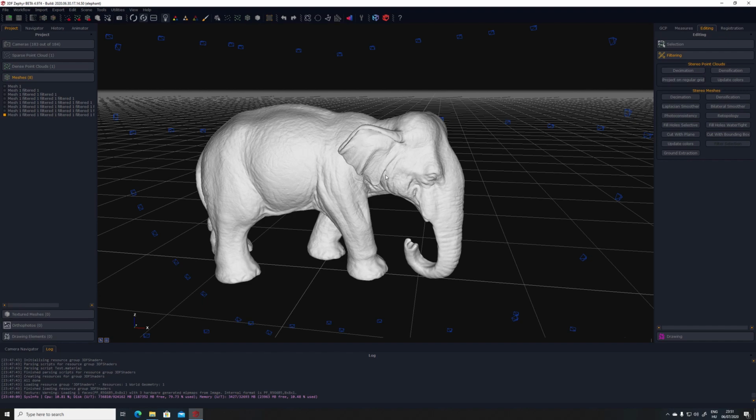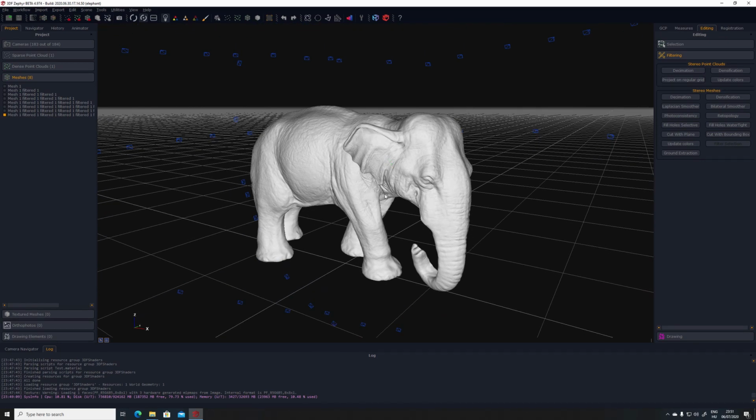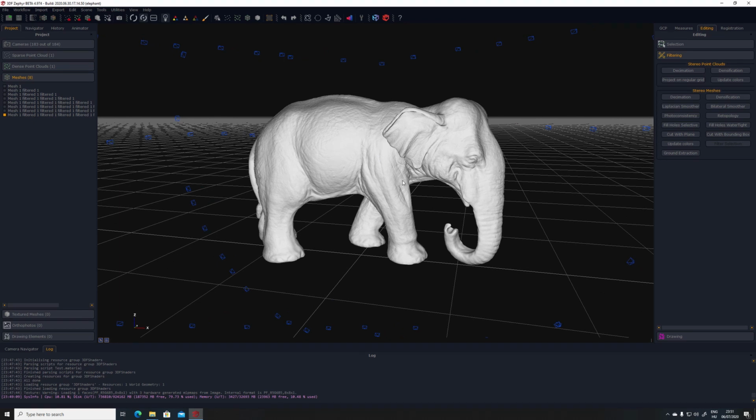So I would like to show you how I made this elephant, and it could be that for some of you it's not any new information at all. I was actually using masks, but for some users maybe it could help and improve their workflow. So